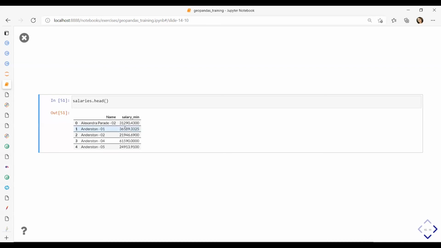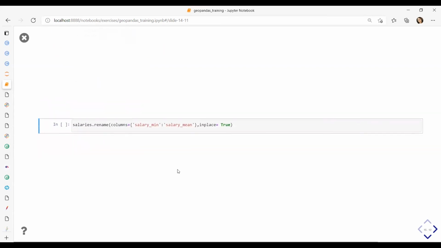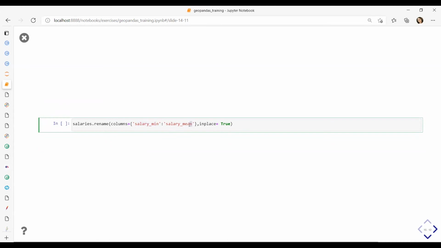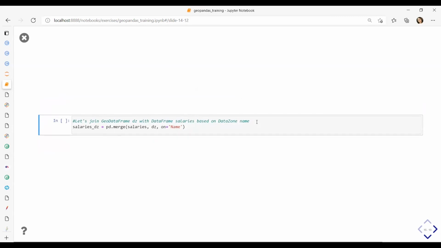Our data would look like this. We would have data zone name and average information of salary min. And because I'm going on to the next step, I'm going to rename my column because it's not really a salary minimum anymore. It's average salary min. So I'm going to rename the column just to make it clear.